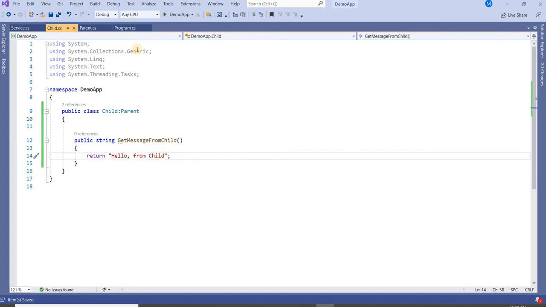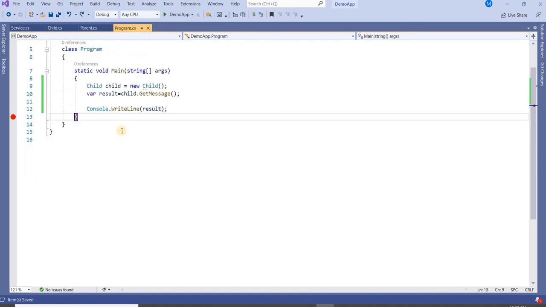Now if I create a reference of the parent class, for that I will use the parent on the left side, and just to avoid confusion I will use obj here. Now I have created the reference of the parent class but the object of the child class. When we are creating the reference, we can call all the methods from the parent class.